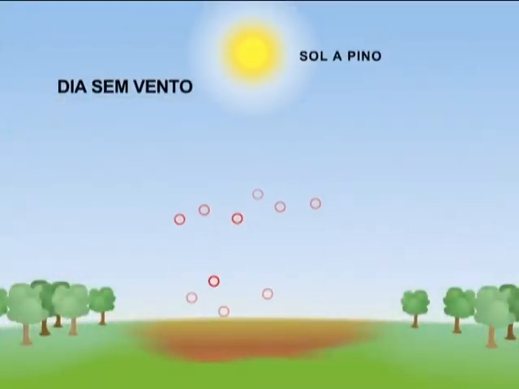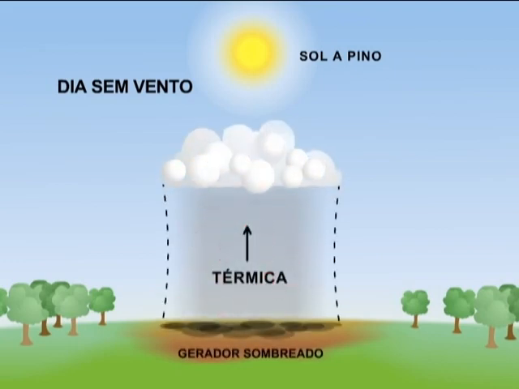This aspect is related to the position of the sun. For example, a cumulus is formed in a situation where there is no wind, let us pretend there is no wind on this day, and the sun is straight up, at 90 degrees from the soil. This cumulus is formed, and with its formation, it created a shade for the region, the surface, that was generating its thermal. In this situation, this is going to be a cumulus of short duration. The life cycle of this cloud is going to be short.